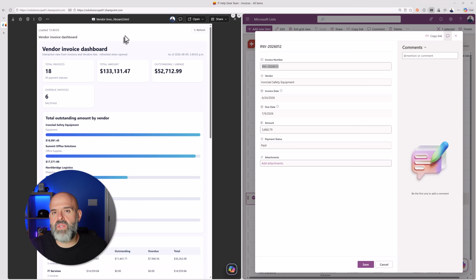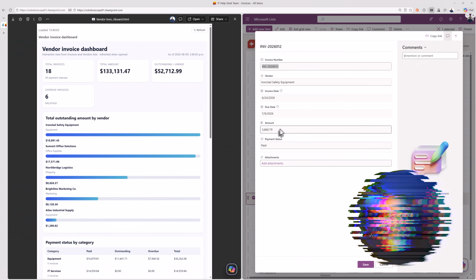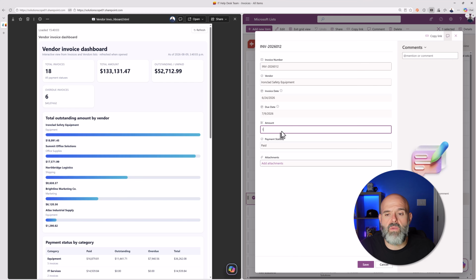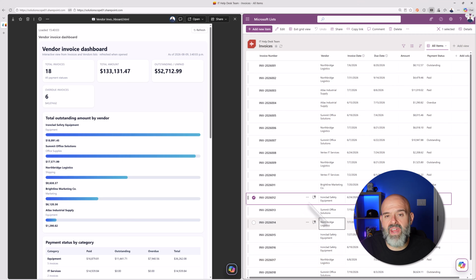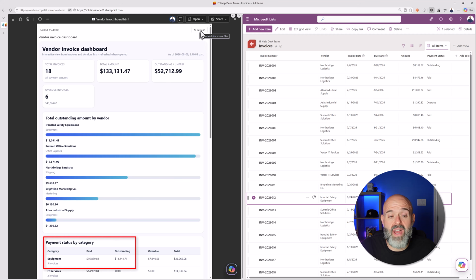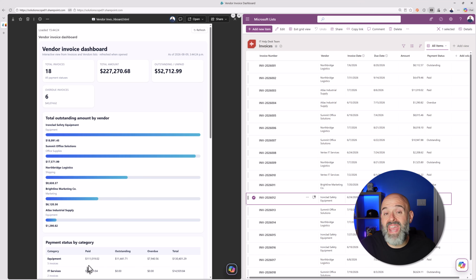Now, to demo this in real time, what I've done is I've brought up a record here for Ironclad Safety Equipment, which is the vendor here with the highest outstanding amount. Now, I am going to change this amount to $100,000 and I will click save. You can see here that amount has changed, and now I will click refresh, and you can see here in the payment status by category, the amount paid updated to